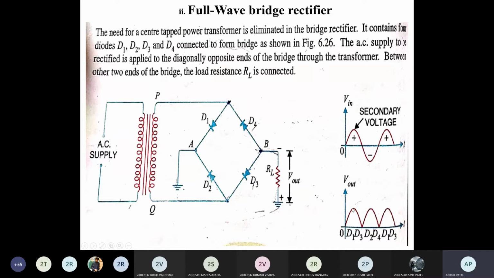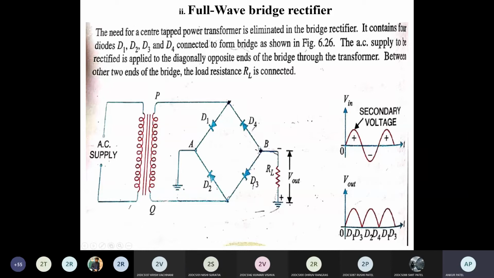So you can see this waveform. And during the negative half cycle, P becomes negative and Q becomes positive. Just tell me the direction of current. From Q, then this node, then D2, then earthed through B, earth to RL, RL to B, and now D4. Yes, D4. Why not D3? Same reason as before: here we have lower potential and here we have higher potential.